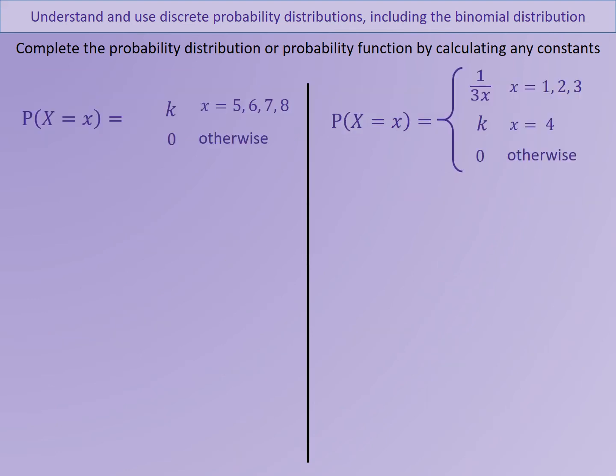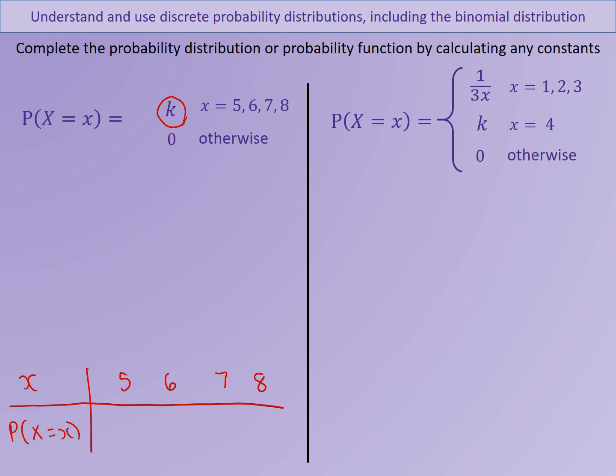So for this question, we're going to start with the table. So we've got x and the probability that x occurs. So the outcomes here are 5, 6, 7 and 8. And here it says whether x is 5, 6, 7 or 8, k is the same probability for all of